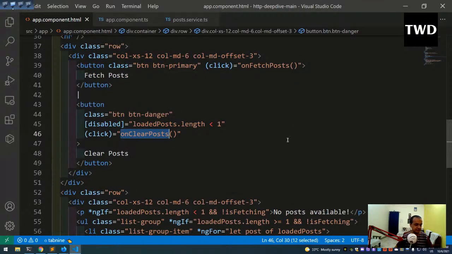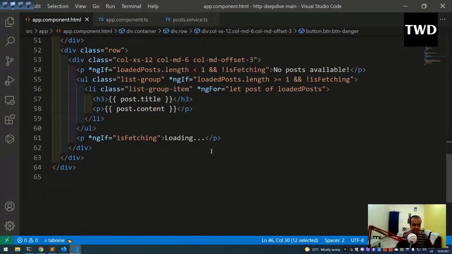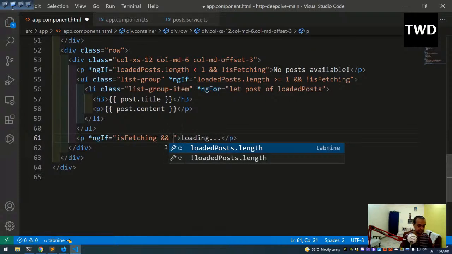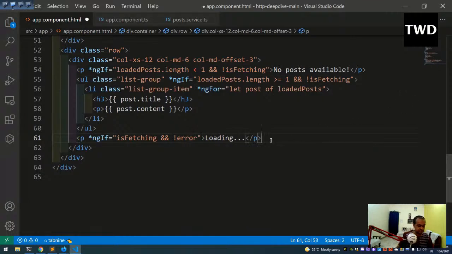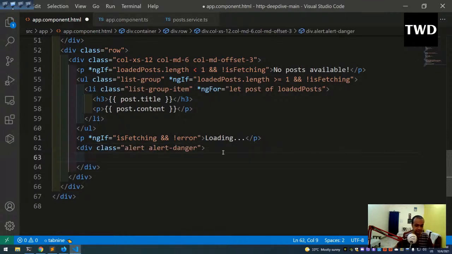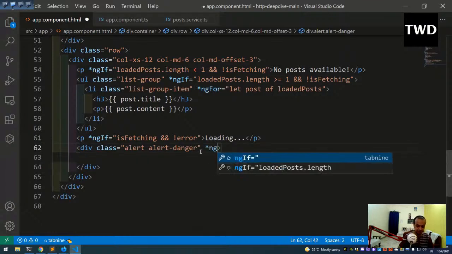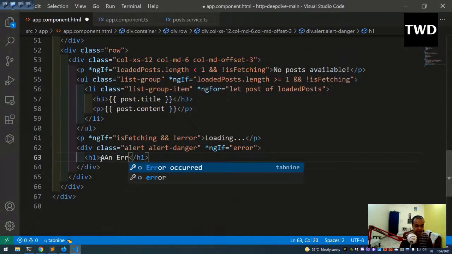app.component.html first, and we will show an error class. After this is fetching and loading, so this loading is showing, and here we are going to show and not of error, and after this div.alert.alert-danger, and here another thing will be there, #ngIf error is there, h1